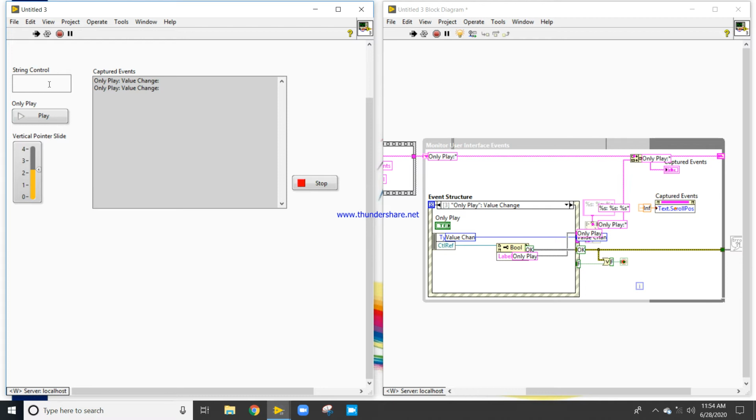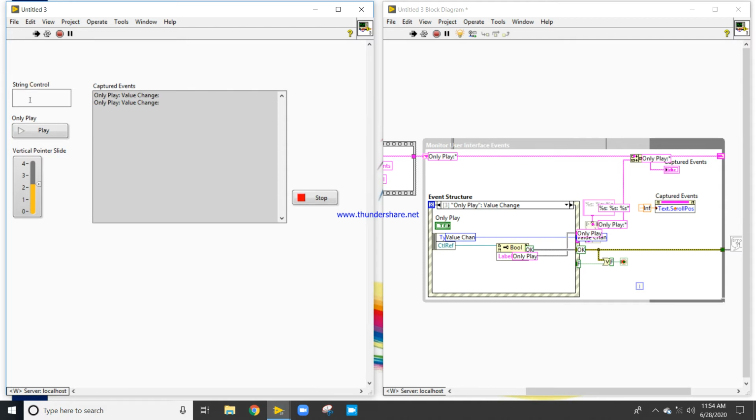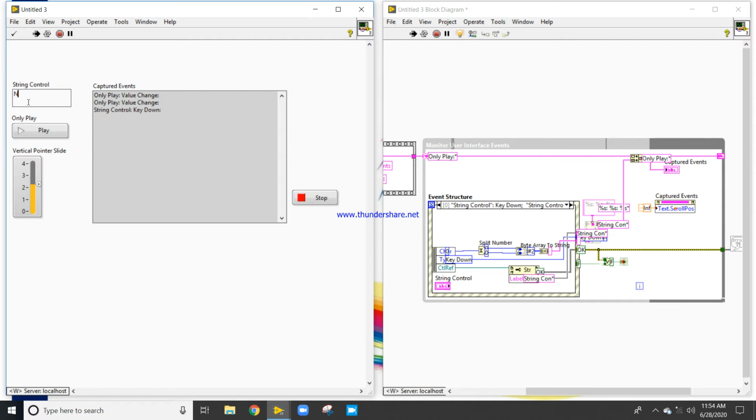Now if I click here in string control, can I change the string control const? No. And if I just press N, the string control key has been pressed.